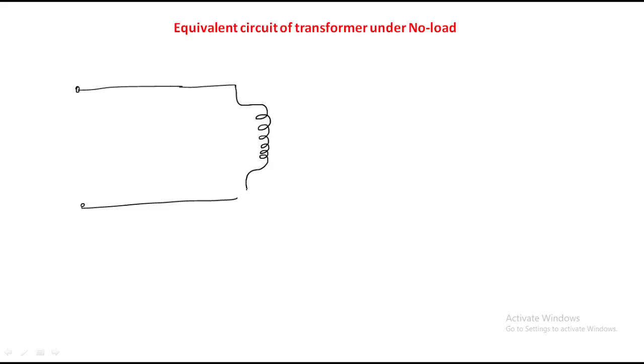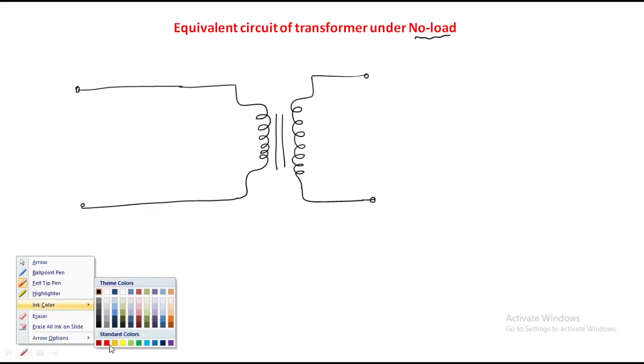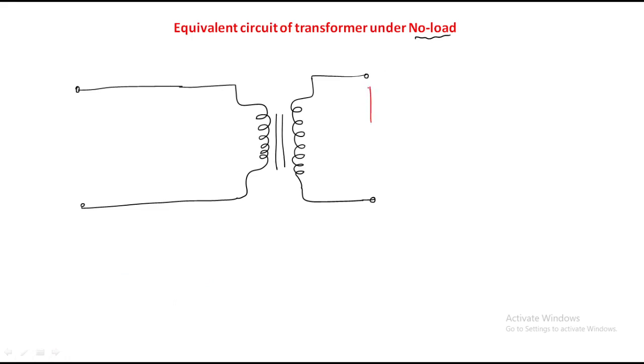This is the primary coil. There is a magnetic coupling between primary and secondary. This is the secondary. Now the operation is under no load condition. So obviously I2 equals 0, right? There is no load. Obviously I2 should be equal to 0. Then coming to